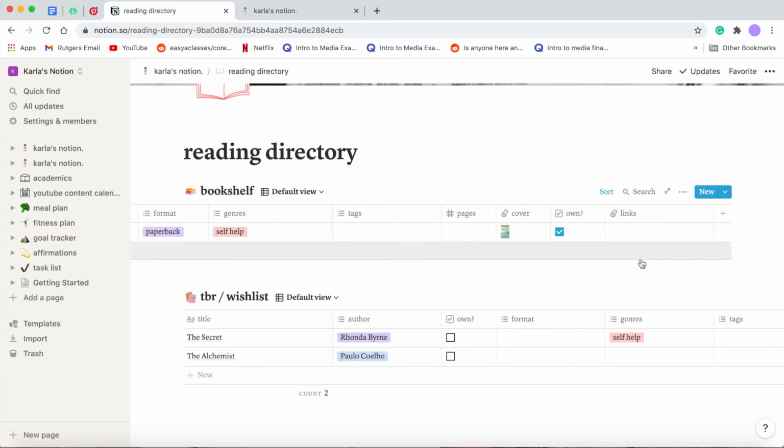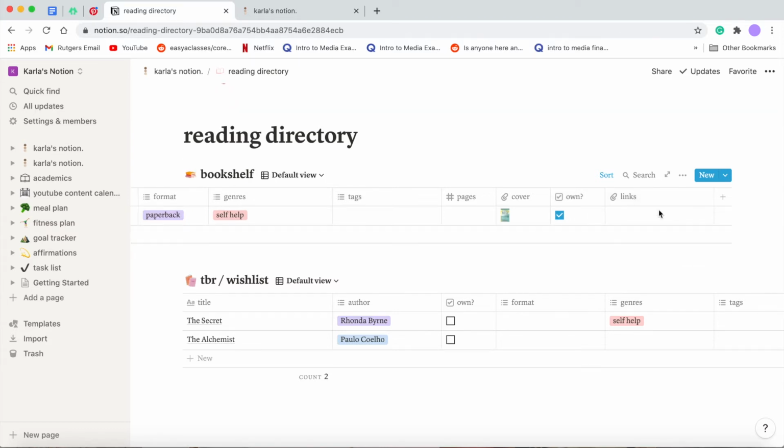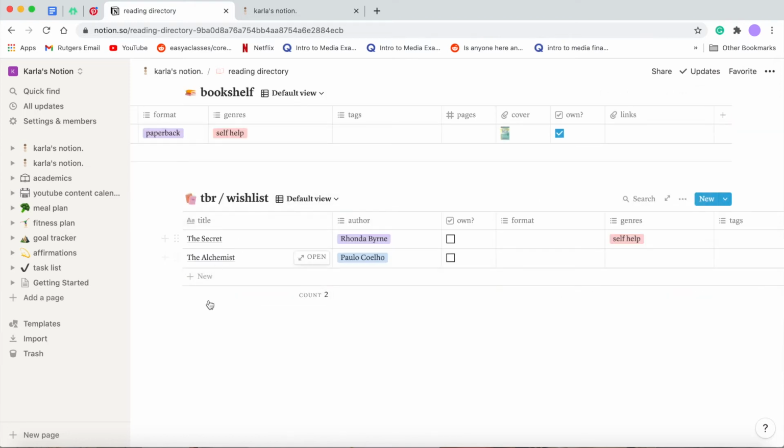Here you can add any links. If it's an audiobook, maybe you can link it to the website where you listen to the book. Down here I just have my to be read section, and these are just books that I want to read in the future. I just have The Secret and The Alchemist, which I've been hearing a lot about and I